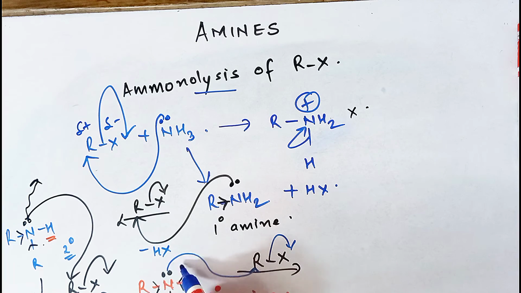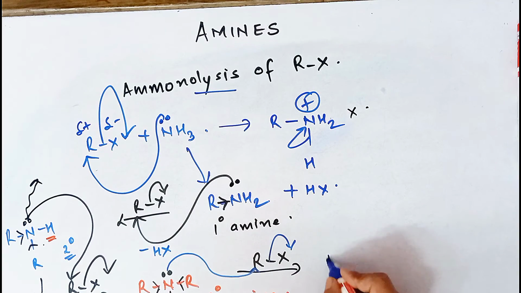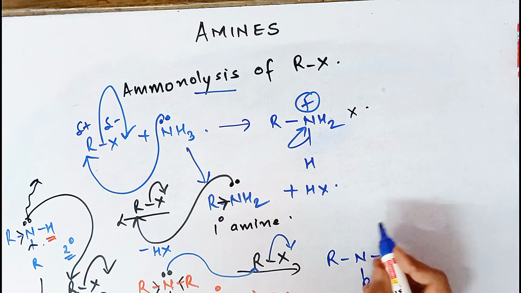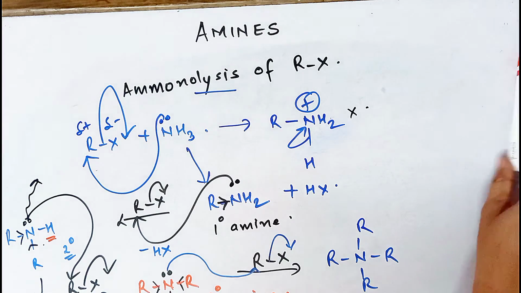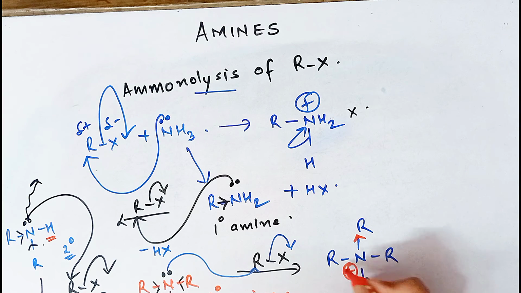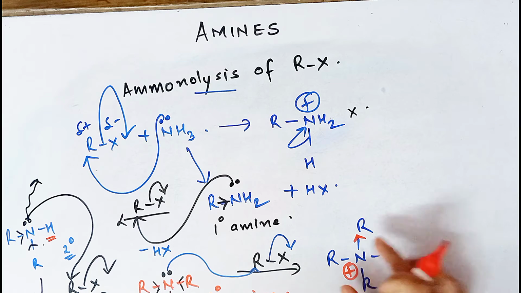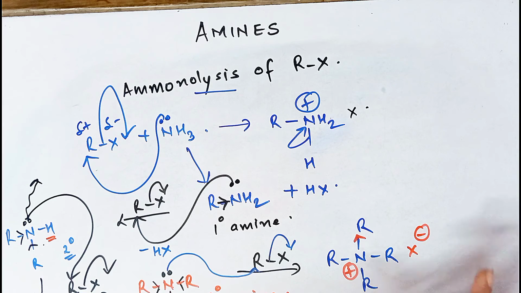Can you remove any hydrogen atom from here? You can see there is no hydrogen atom. In the previous reaction we had a hydrogen atom which we were knocking it out as H plus. But now here we don't have anything, so we can just write the answer as RNR, R, and one more R naturally. And now children, the nitrogen atom has to have a positive sign because it has made a coordinate bond. So the fourth bond was a coordinate bond and we develop a positive sign over here. So that's your cation, and naturally this X minus is also going to be somewhere near it, that means in the vicinity of it. So that's an anion. So what we get is a salt.